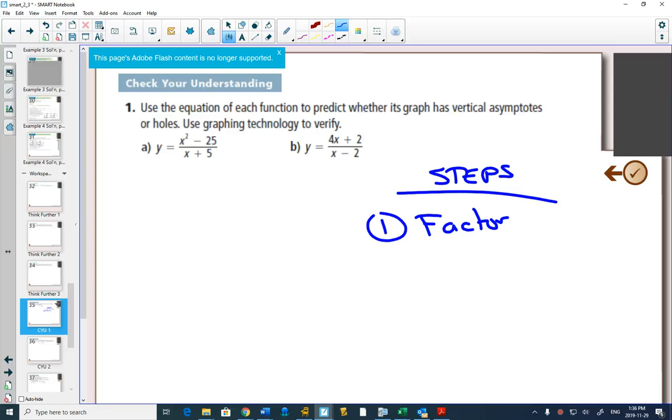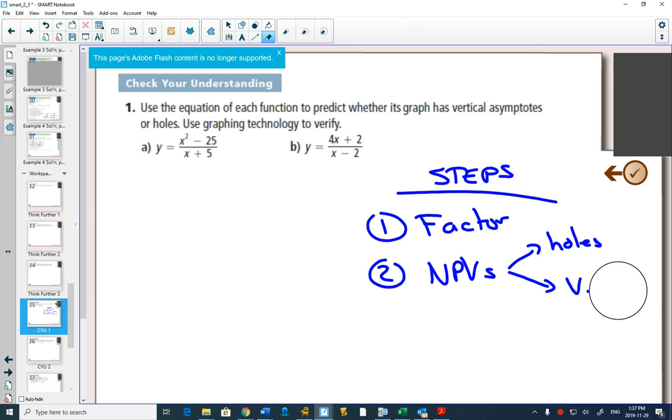After you've factored everything, next thing you're going to look at is your non-permissible values, which is what characteristic 1 was. And you're going to determine, are they holes or are they vertical asymptotes? I'll write that out, but I'm going to abbreviate it later. Vertical